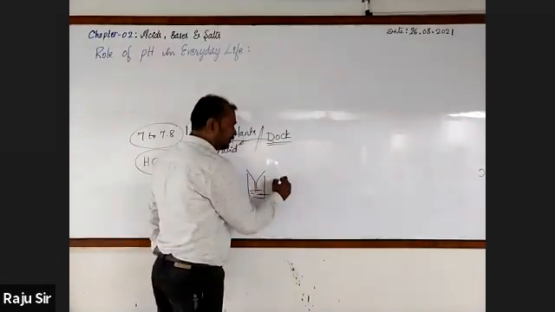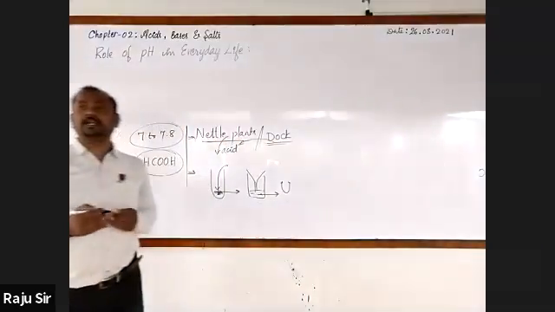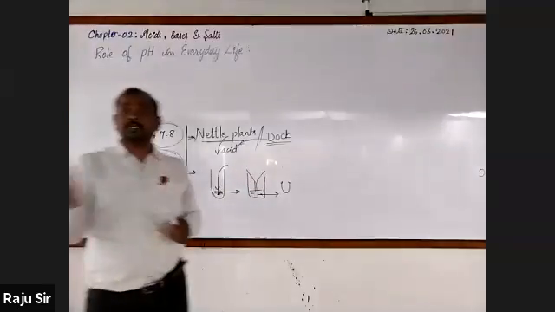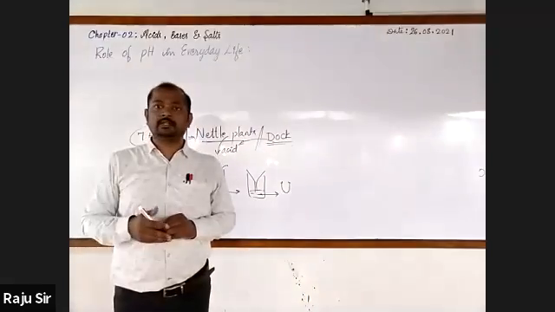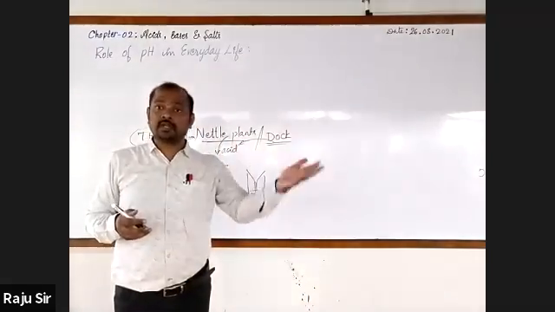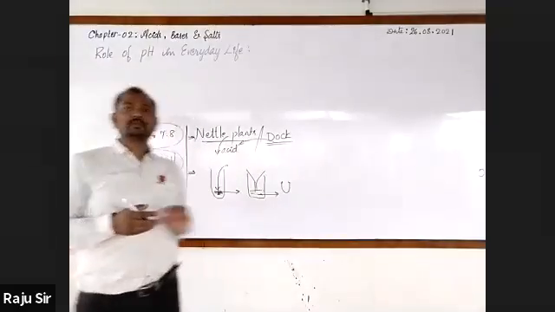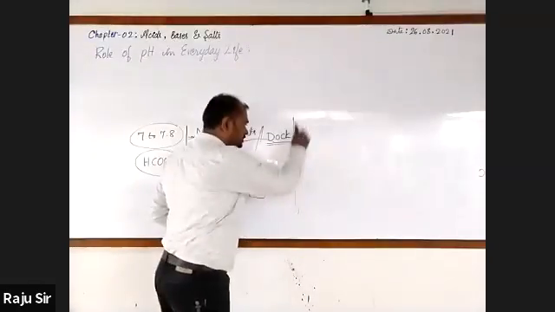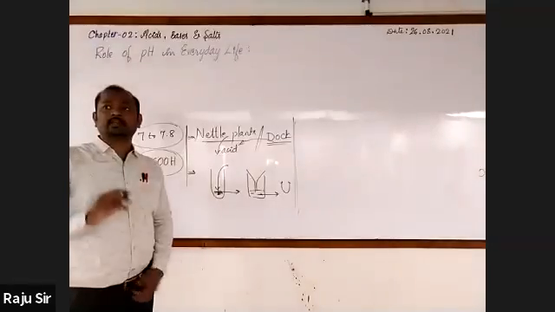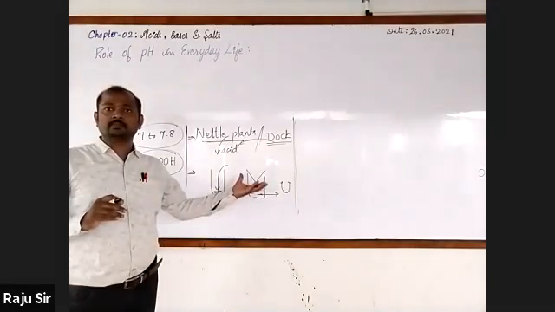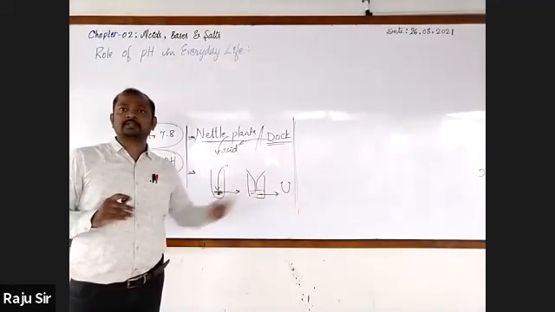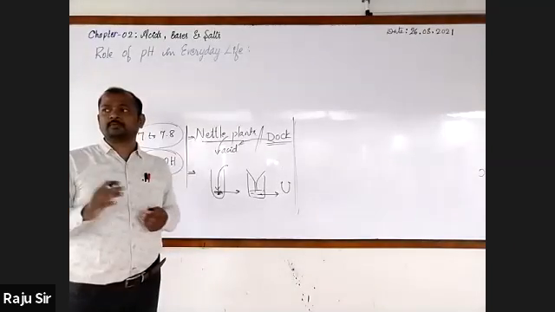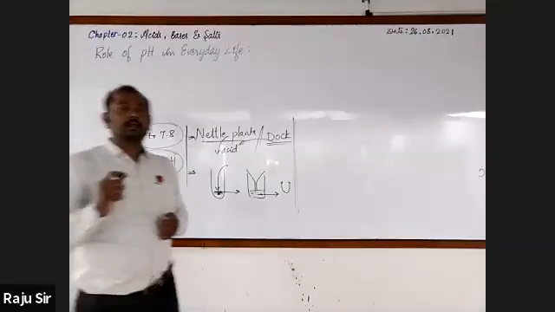How? You have to use the universal indicator. It will show a color, and through that color, we can come to know whether it is acidic in nature or basic in nature. If it is acidic, how strong an acid it is. Even if it is a base, how strong this base is. Suppose the soil is acidic in nature. You have tested the pH of the soil. It is close to the pH value 7, 6 or 6.5.